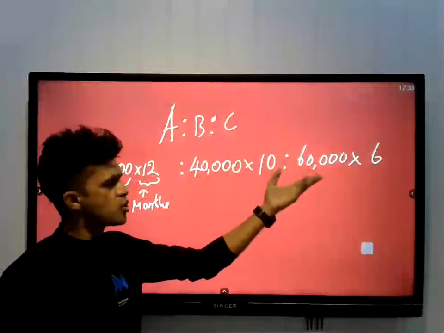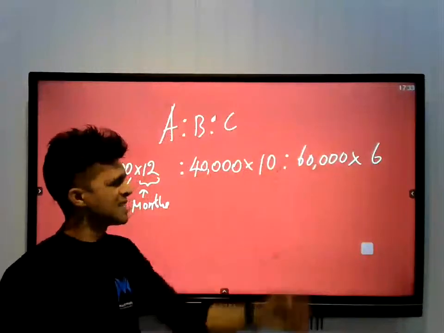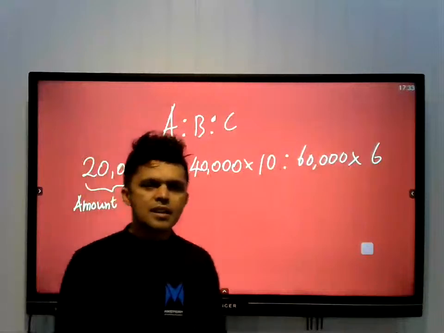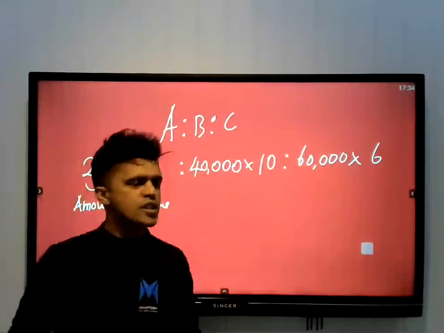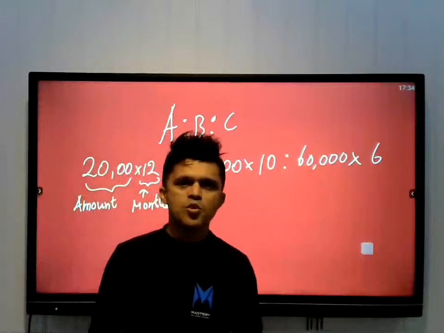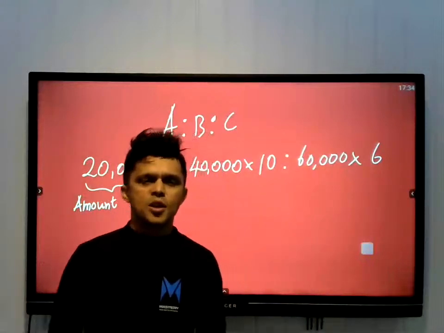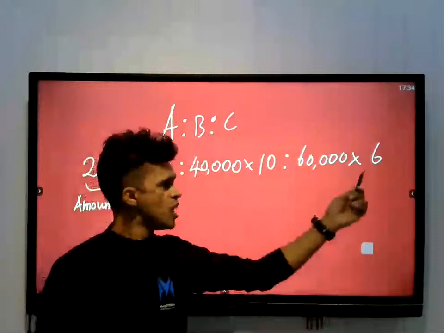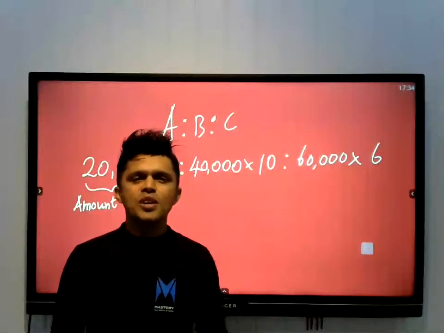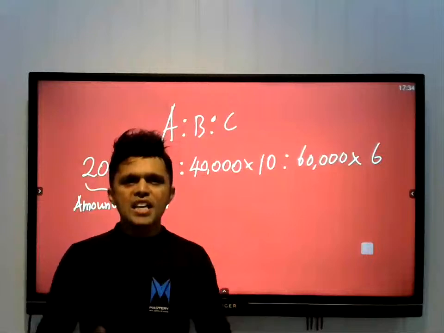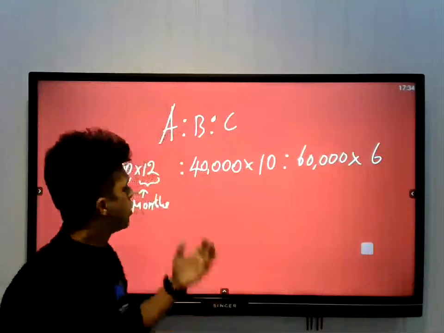C joins the business investing 60,000 rupees. He is not in the business in January, February, March, April, May, June. On the 1st of July he joins the business. Who joins the business on the 1st of July? C. Our question is, we need to find the